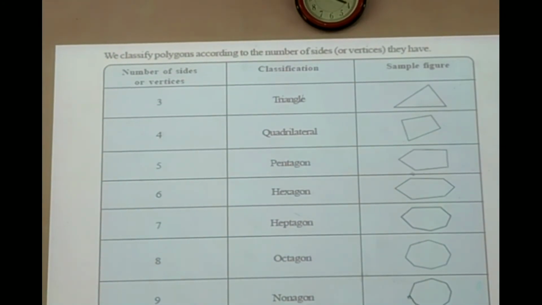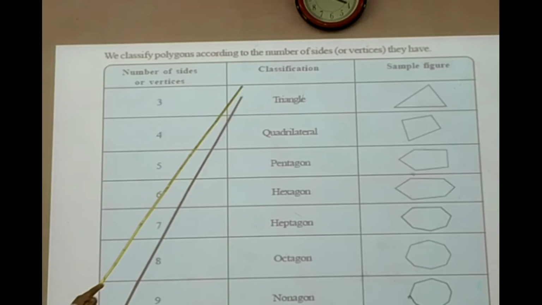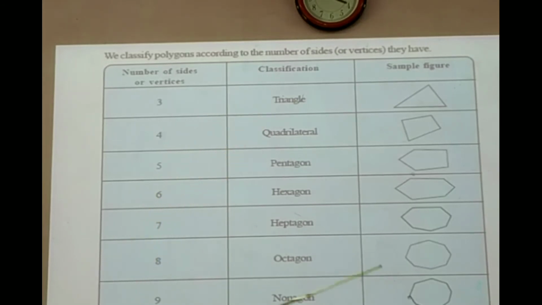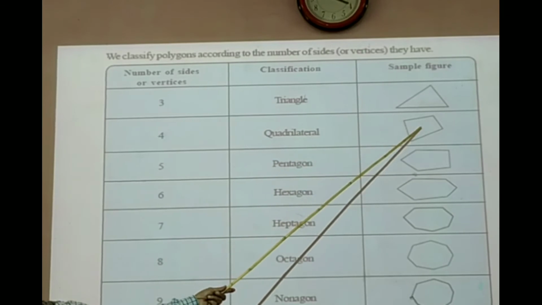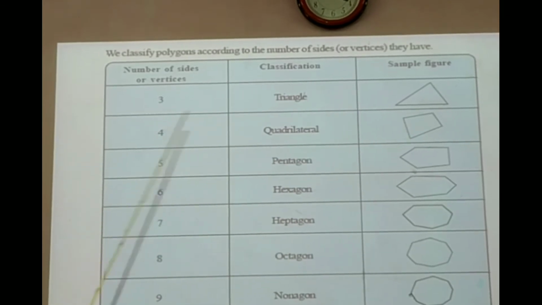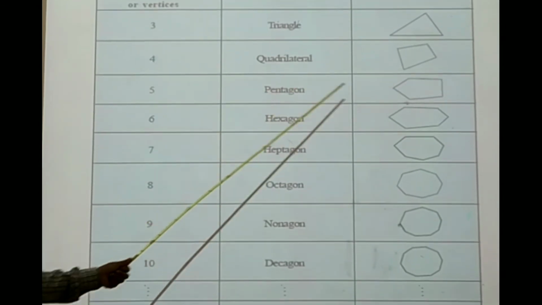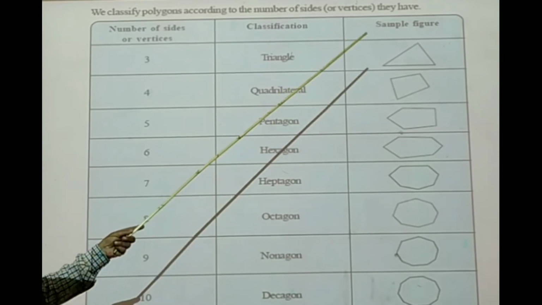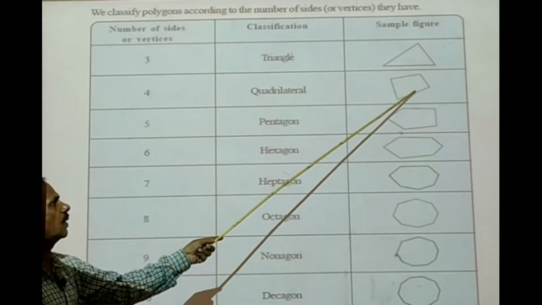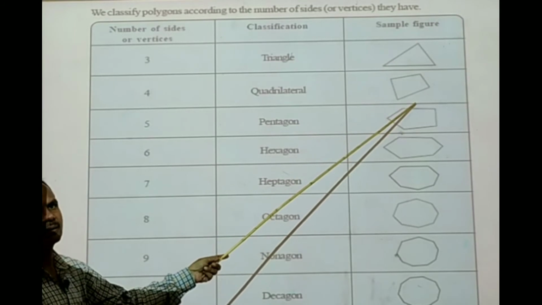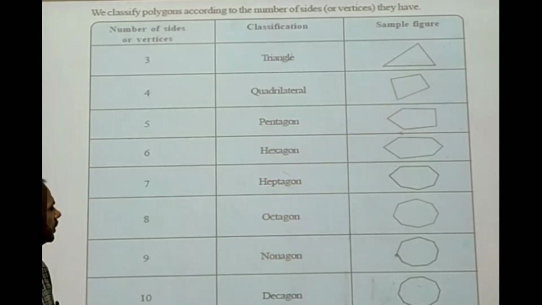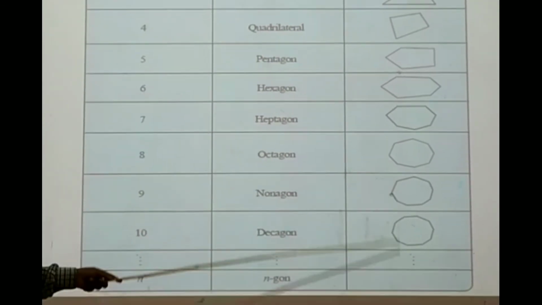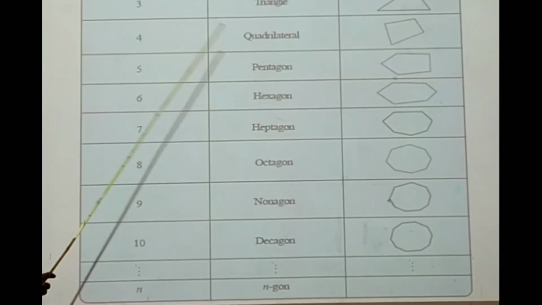Classification of polygons. I explained this already. With the minimum line segments, you get a triangle. Of course, 3 sides, triangle. This is the figure of a triangle. 4 sides, quadrilateral. This is the figure. 5 sides, pentagon, like this figure. Of course, these are not regular. A regular polygon means all their line segments should be equal, and their angles are also equal. Then we get the regular polygon. Here it is not a regular polygon. Some may be equal, but not all.